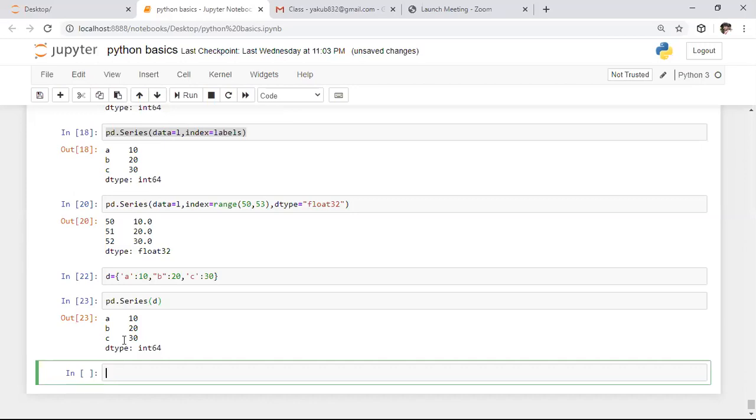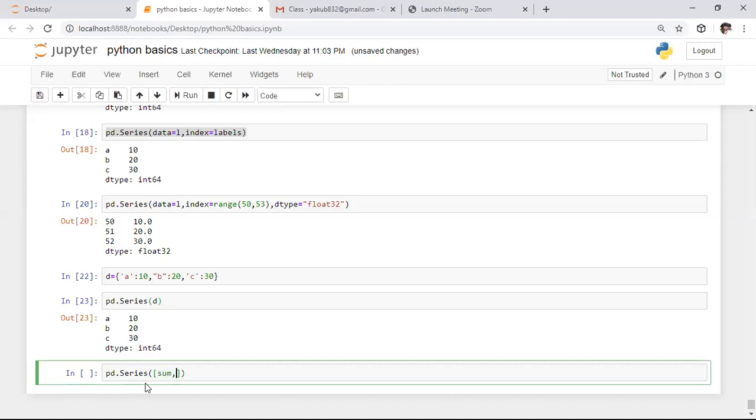So in this function, whatever data you want to give, you can give that data. You can specify the data outside, or you can specify that list directly in it. Here I want to create series data by using built-in functions. So I'm saying pd dot series. In the series function, I want to use some built-in functions. In Python, we have a lot of built-in functions. Out of those, we have some functions.